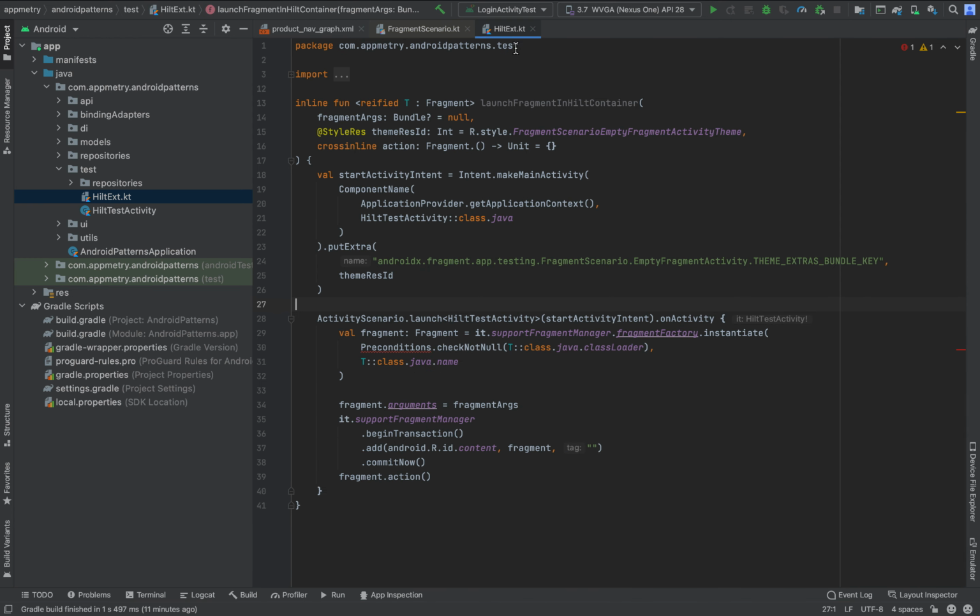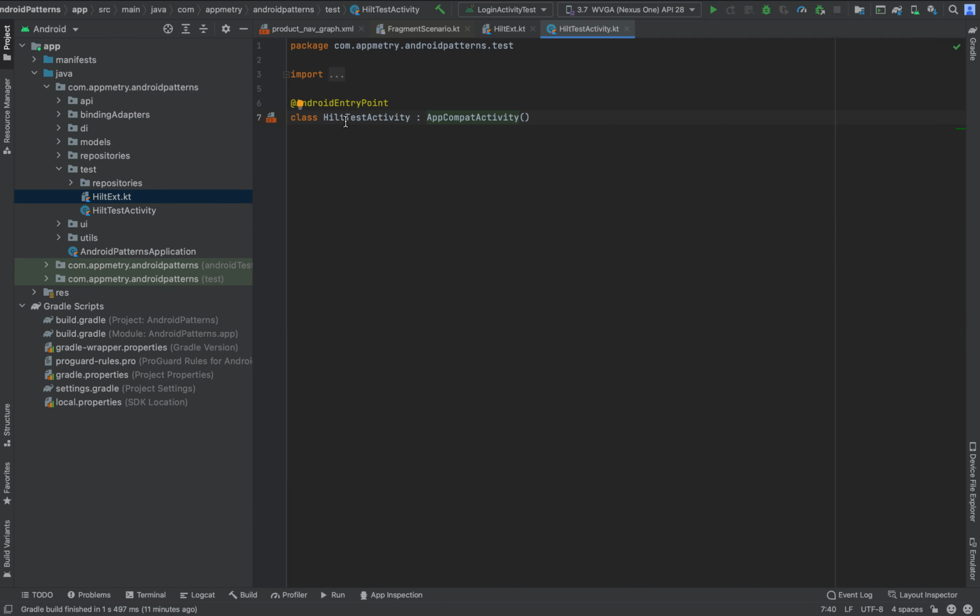For that, first we need to set that up. So I have created a function, that is launchFragmentInHiltContainer. I have created an empty activity annotated with @AndroidEntryPoint.